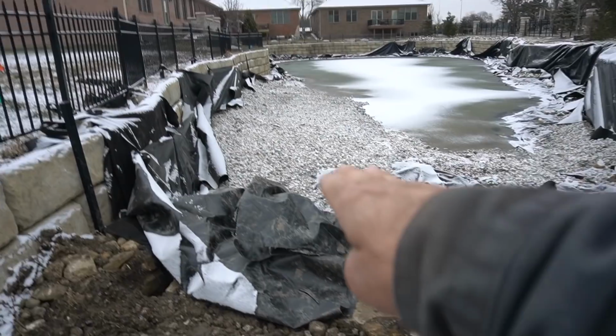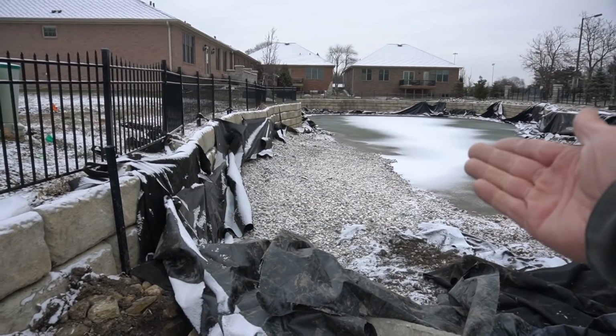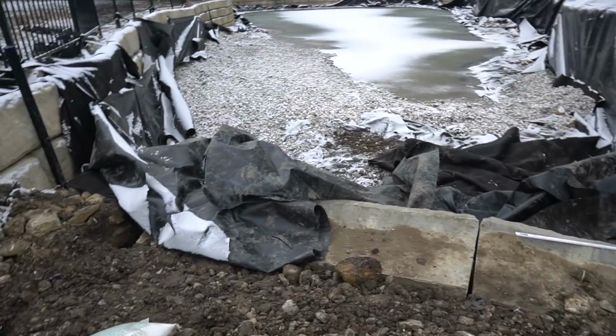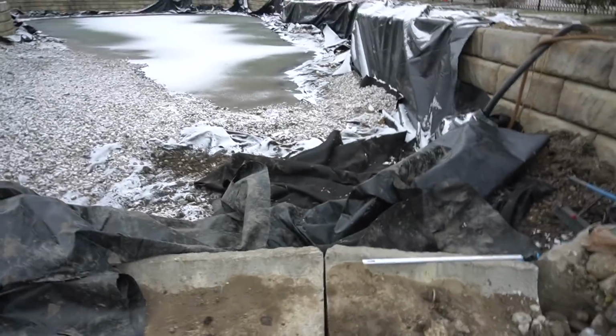I don't think we're going to get this done this winter. We're going to probably have to finish things in spring. So I want to make sure that everything that needs to function will be functioning and it won't cause any problems. We have removed the entire roadway. The liner was peeled back. All that material was dug back out, retaining wall blocks back into position, and now my next step here is